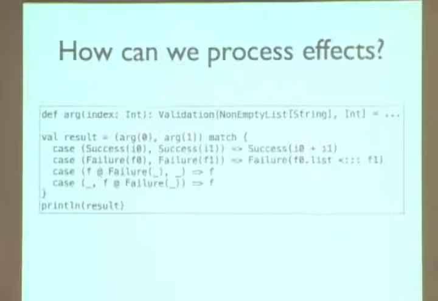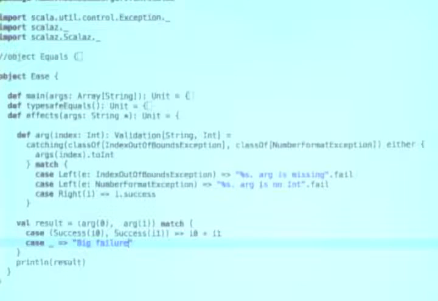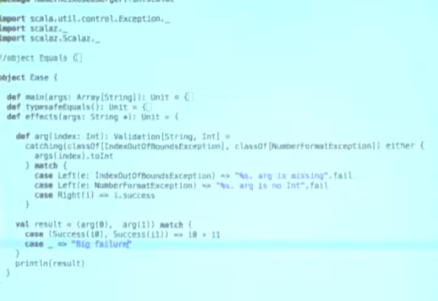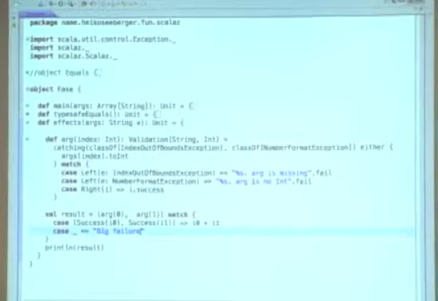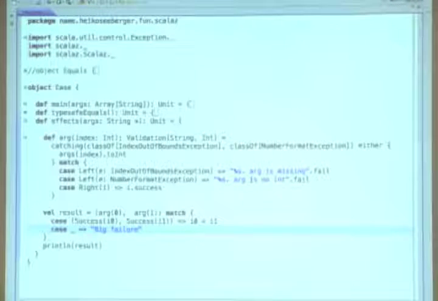If you imagine we had, I don't know, 4 or 5, then it's simply not doable. So this is where another very nice type class from Scalaz comes into play. This type class is called applicative functors. Maybe you have heard about it.